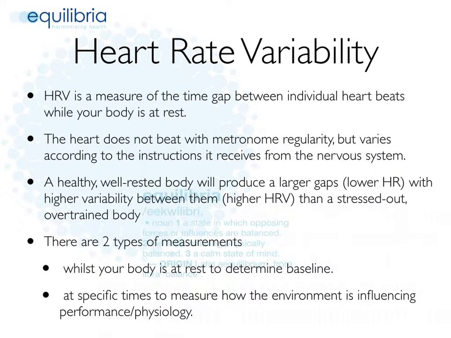I tend to measure mine first thing in the morning, trying to keep variables as constant as possible. So for example, I have a certain routine. I wake up, I drink some water, pop to the restroom, come back, relax for 10 minutes, meditate or breathe, whatever, and then I take my heart rate variability. In my case, I want to measure both lying down and standing, so it's twice as long and is 120 seconds. You can use a heart monitor, or normally people tend to use a Polar